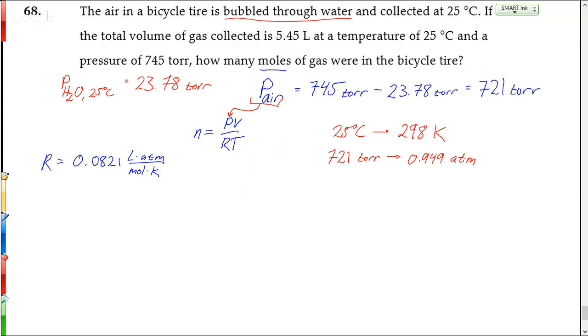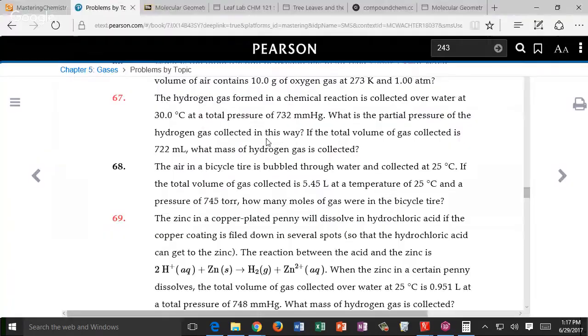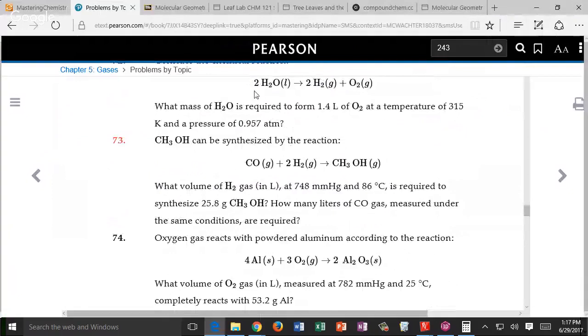All right, do you want to stick with gases or jump into other stuff? Jump into other stuff? All right. We can do that. Yep. All right, let's take a look at